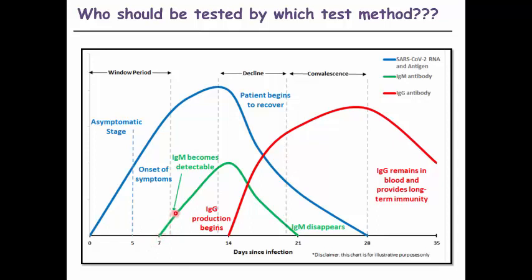First there is the formation of acute antibodies, that is IgM, which will start from almost the 7th day of the infection, gradually subside and almost disappear by the 21st day of the infection. From 14 days onwards approximately, the body will start to produce chronic immunity, that is by the production of IgG, which will remain in the body for a very long time and will provide immunity to the individual.